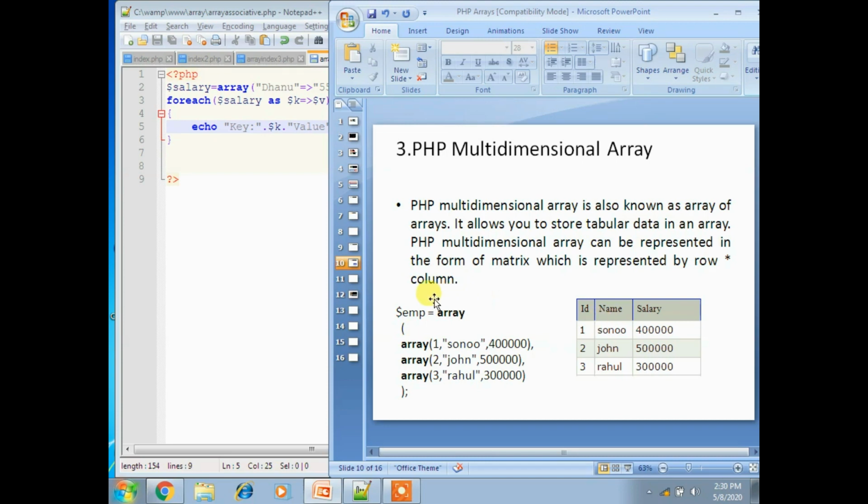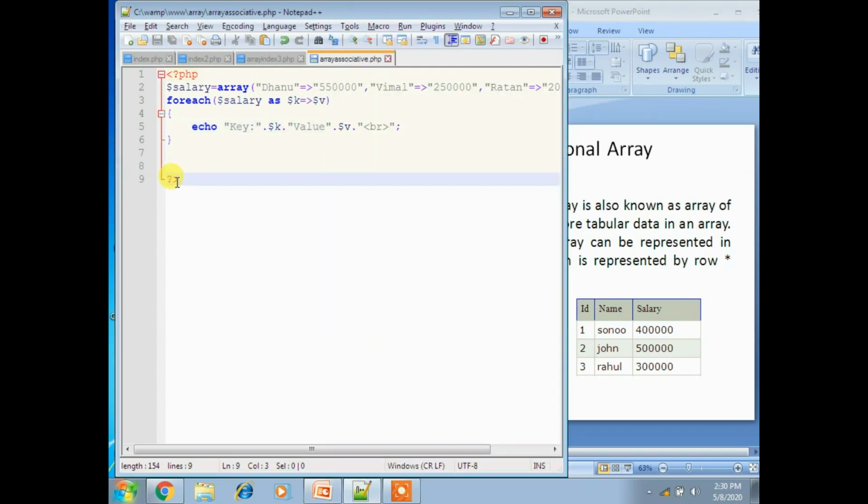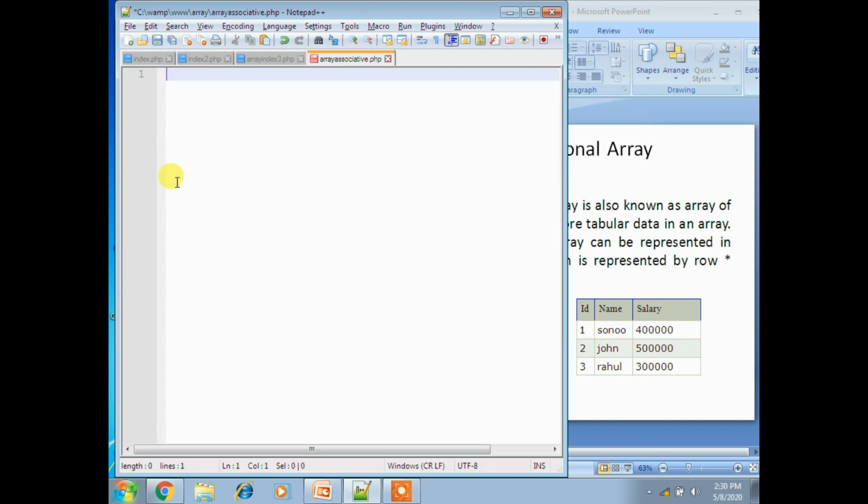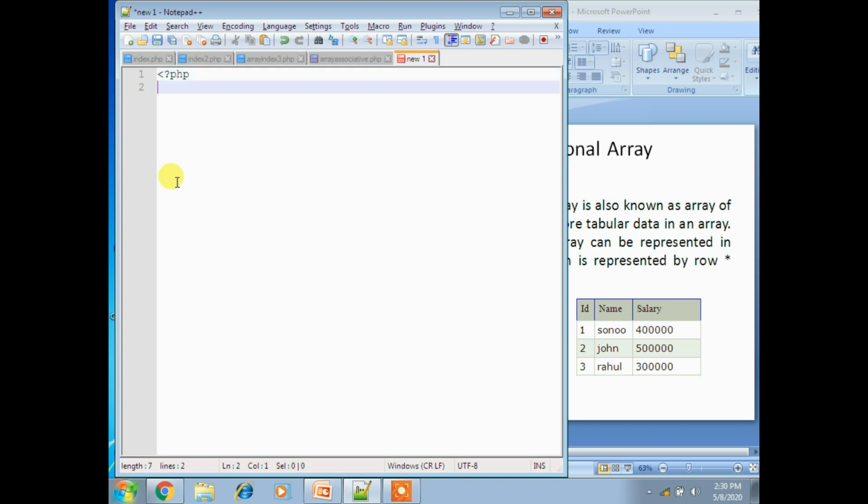And here I am taking employee as an array variable, and I am using the array function which passes three different columns with three different rows. So now we'll execute one program for the third method. First of all I'll take a new notepad for this PHP.